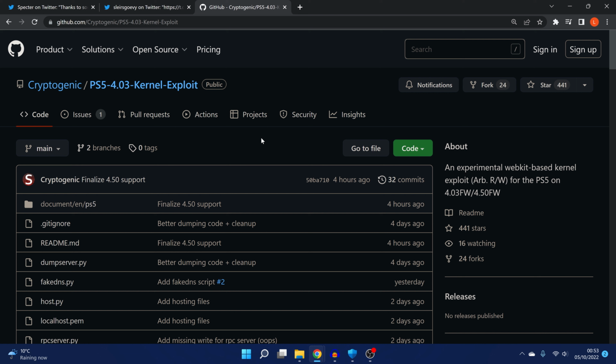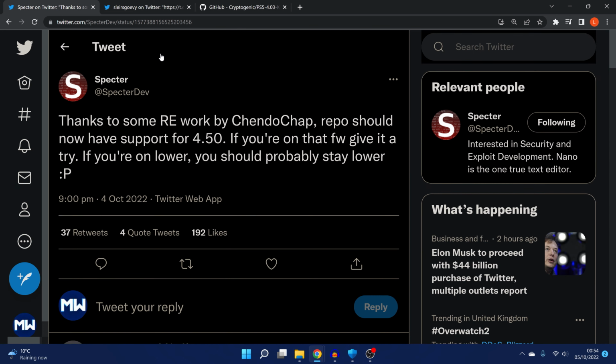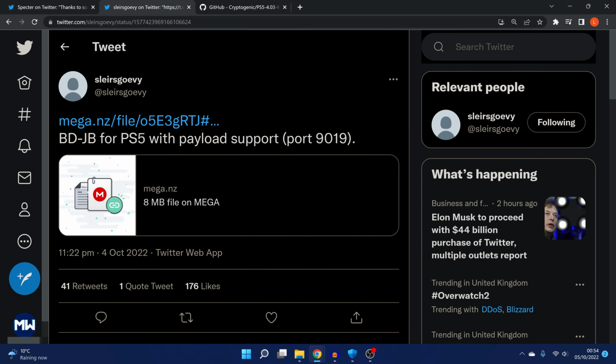So that means you can do the WebKit plus kernel exploit chain on up to 4.50 now, instead of only being up to 4.03. So yeah, if you're on a 4.50 system, you can now test out this exploit yourself as well. So that's a pretty big update. But another big thing that's also happened very recently is we also have a BDJ implementation of the kernel exploit